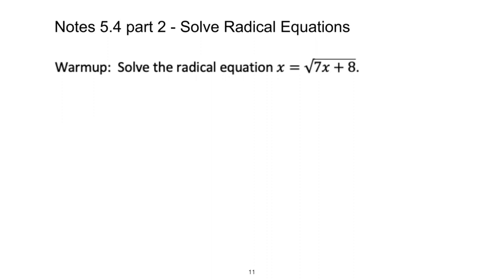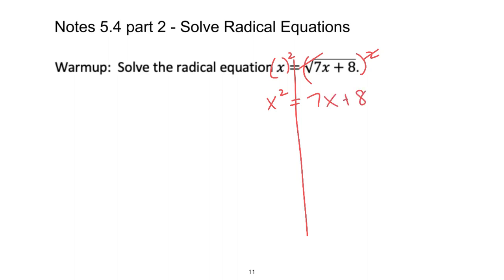Let's get it started. So on this first one, just like in the last ones, we want to have the radical all by itself on one side. So it looks like we already have that. So to get rid of it, we are going to square both sides of our equation. It got rid of that, leaving us with x squared on that side and a 7x plus 8 now on